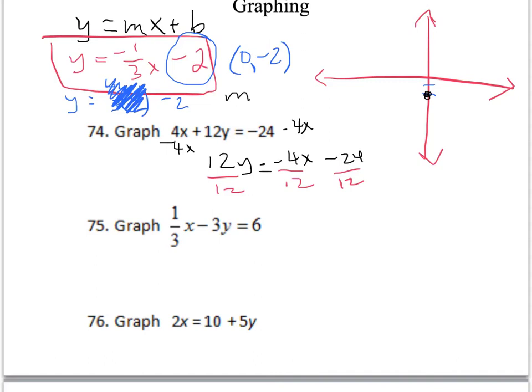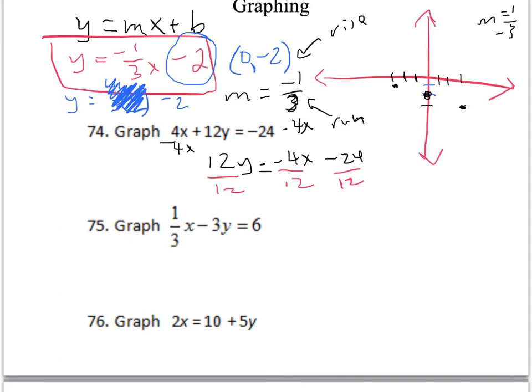Now the next part of importance is our slope of -1/3. Remember, slope is rise over run. So the rise is going to be -1, and the run is going to be 3. So we're going to go down 1 and right 3. So down 1, right 3 is this point. Or we can go a slope of 1 over -3. That's the same as -1/3. And instead of going down 1, we're going to go up 1 and left 3, which would be the point